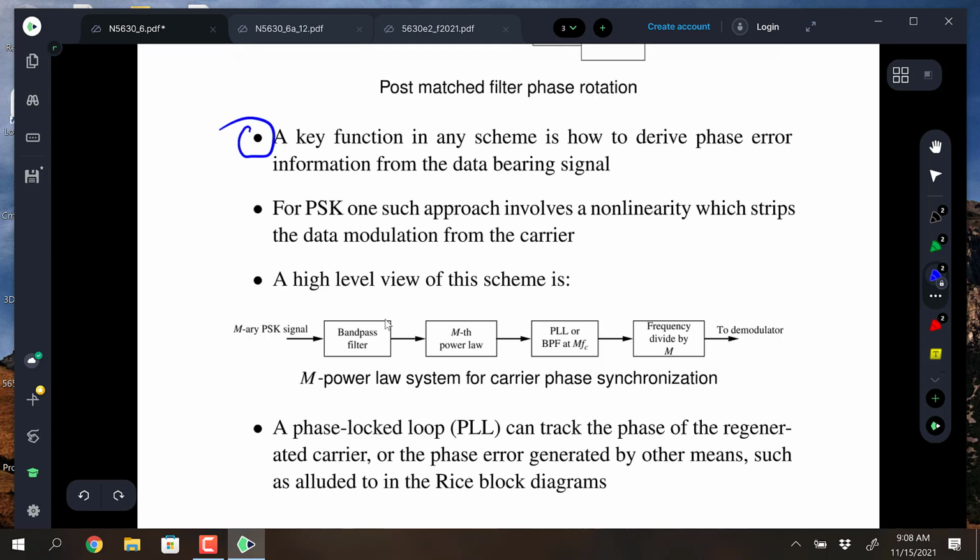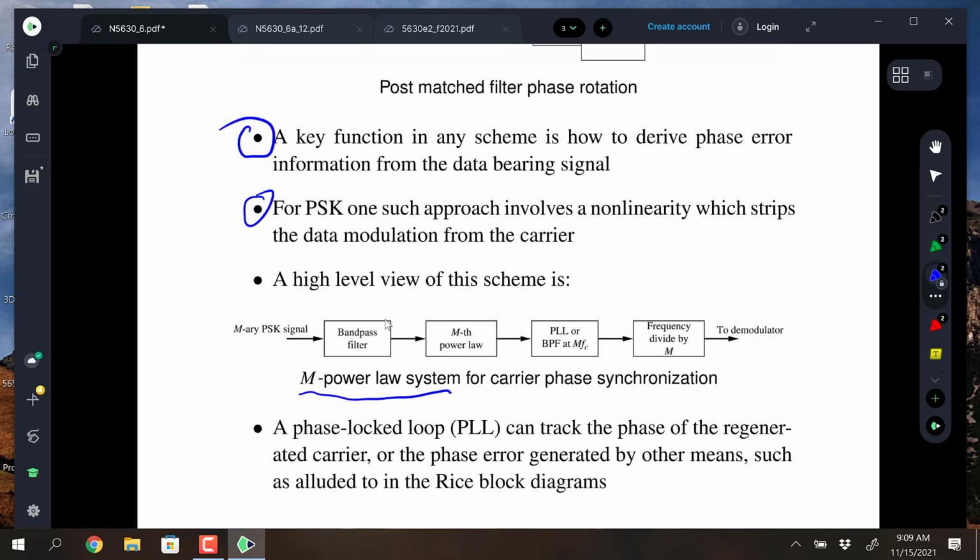In all cases, we're worried about deriving phase error from a data-bearing signal, and one class of approaches involves a nonlinearity which strips the data modulation from the carrier, and I'm going to show you that scheme first. It's called the nth power loop, so it's an nth power law system, and if you think of M-PSK, or it can be for MQAM, the constellation shifts symmetrically. So M-PSK,